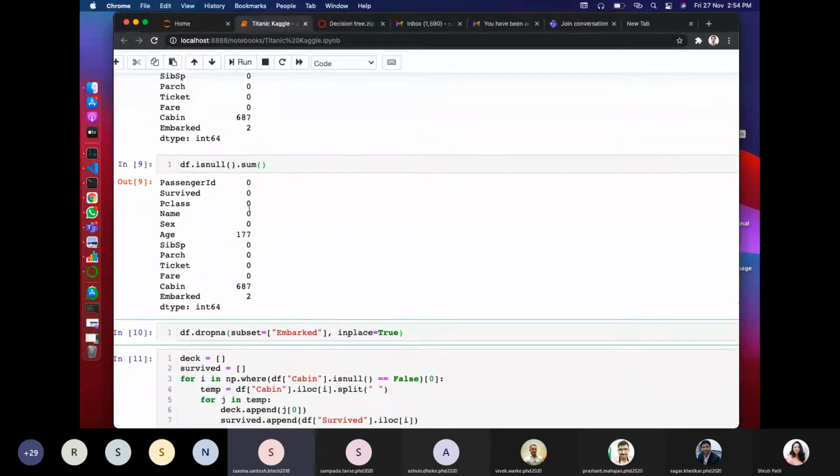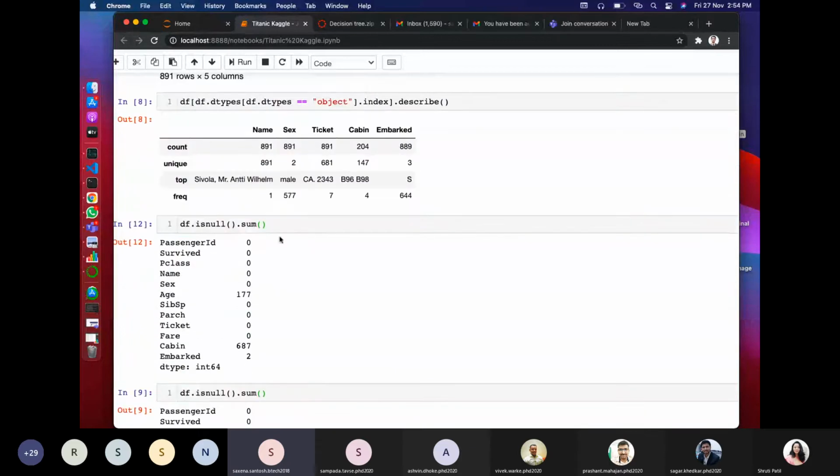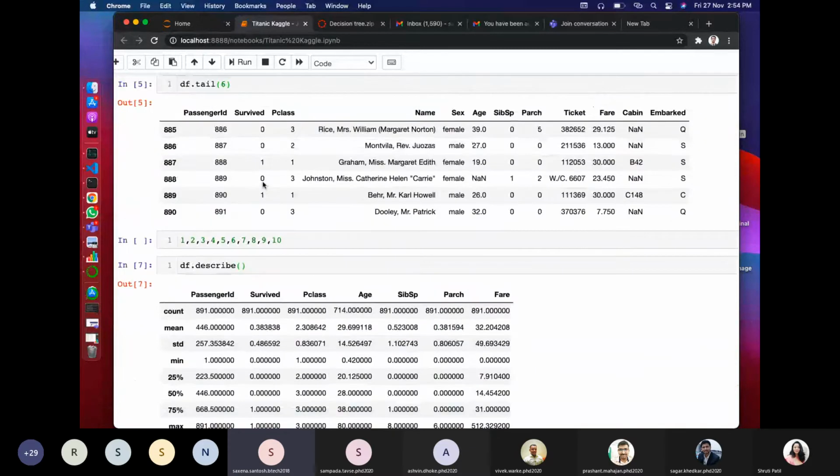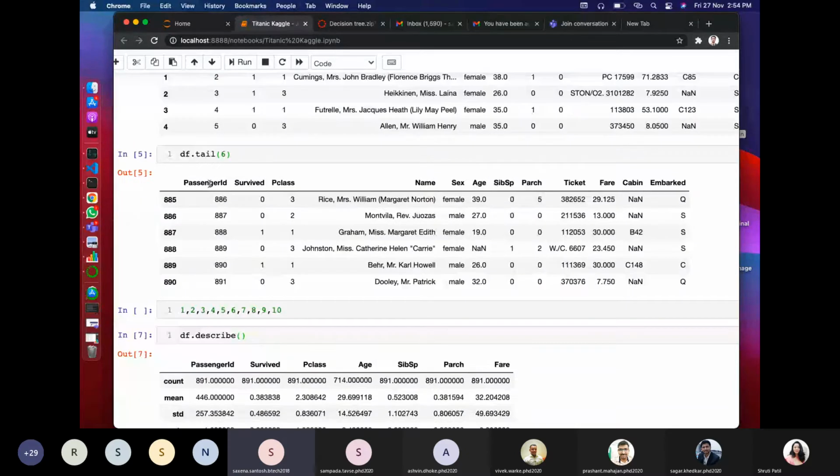And now I am comparing all the features to each other with respect to our target variable. For example, how pclass is related to survived, how age is related to survived. So we will get in-depth information on each feature with respect to our target variable.